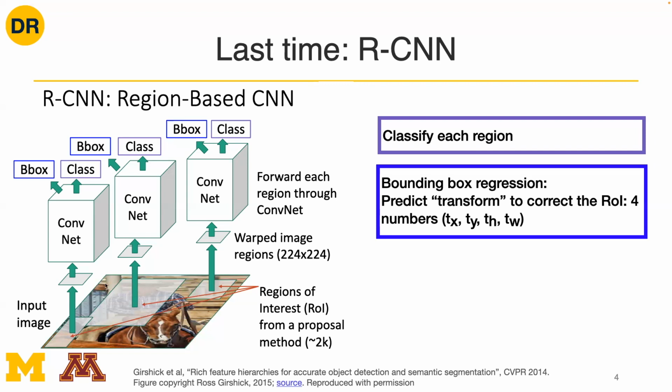Then based on each of those regions of interest, we would crop the corresponding pixel features out of those regions and rescale them down into some canonical size, some 224 by 224 spatial resolution. Then each one of those, in parallel, would get fed to some convolutional neural net backbone, which would be the same convolutional neural network for every single one of these regions of interest. So you could use, for example, an AlexNet backbone on every single one of these regions of interest